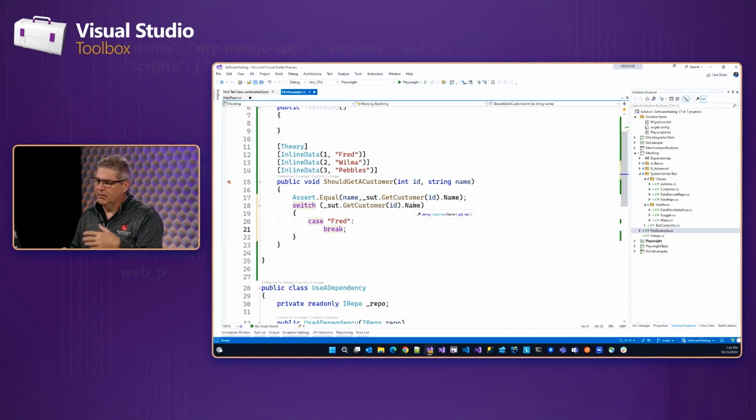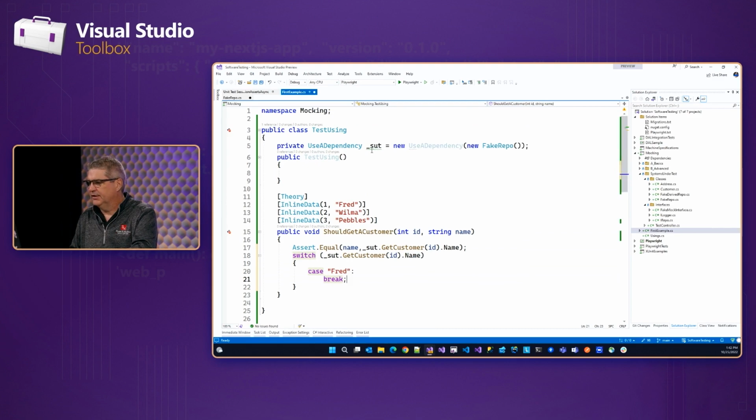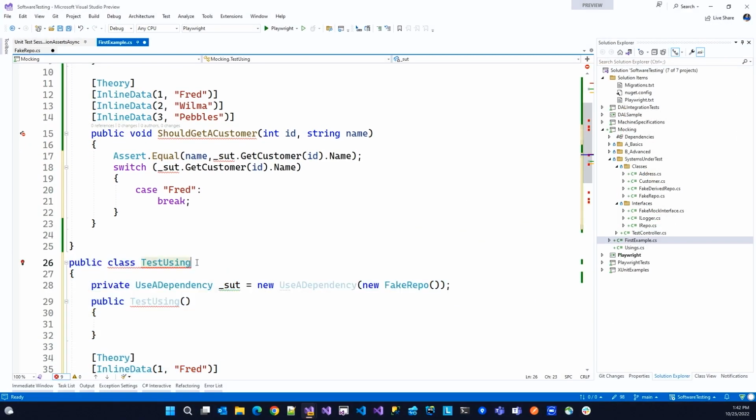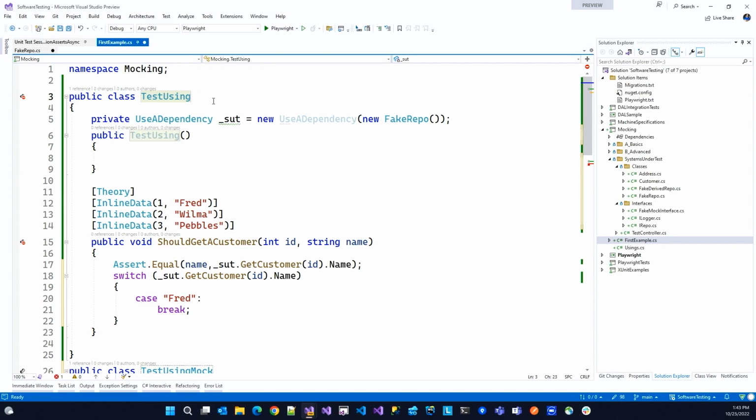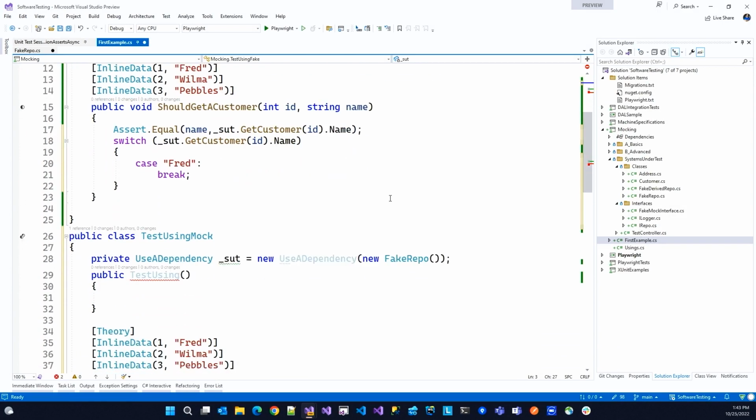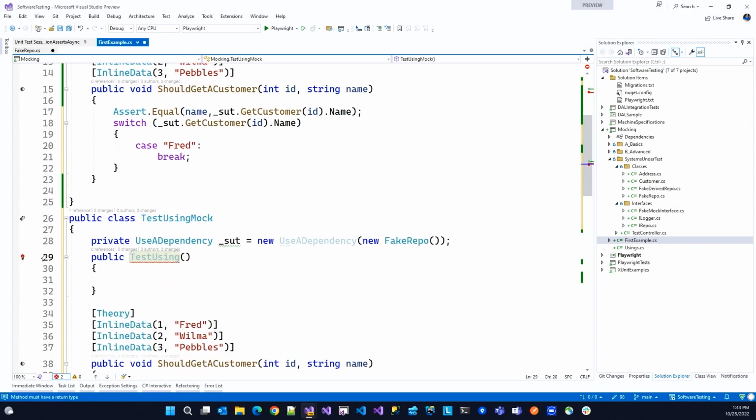So we failed here unless we want to create a different fake for every single situation we're passing or testing, right? And that's just going to be a maintenance nightmare. So what we want to do is set it up a little differently. So let's duplicate this. And we'll fix the name. And we don't need the constructors.